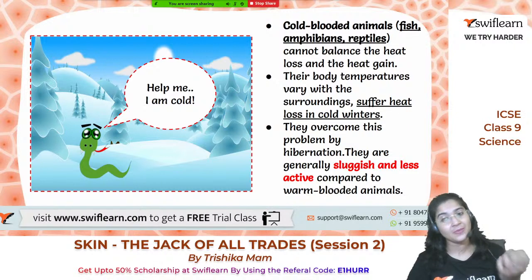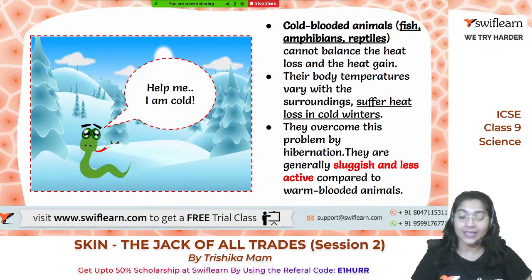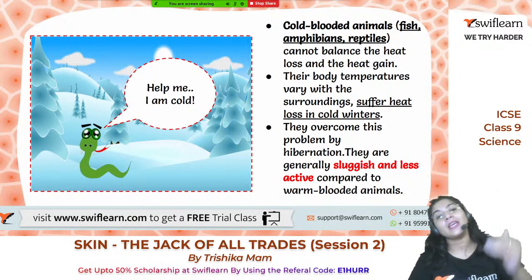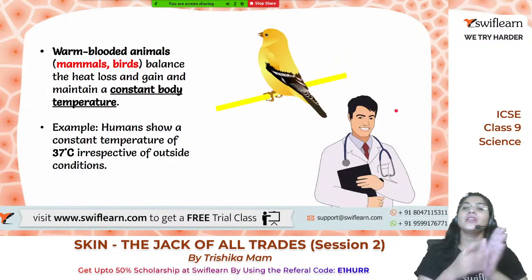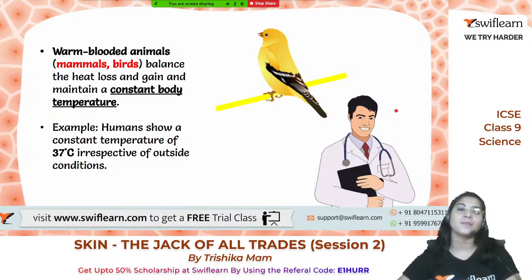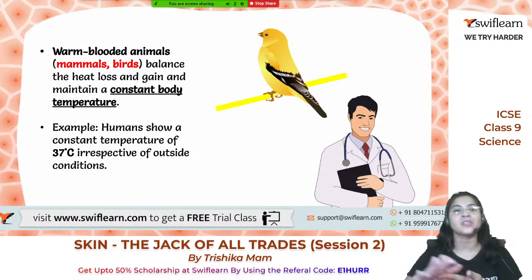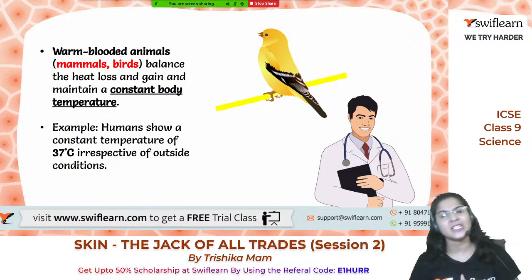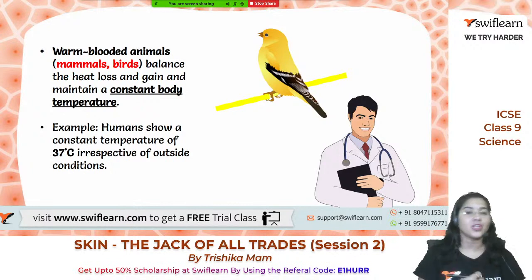Yes, hibernation का मतलब आपको पता है, right? Yes, all the physiological activities are totally stopped, right? So they become less active at that time, and definitely they are also less active than the warm-blooded animals. Now coming to the warm-blooded animals, all the birds and the mammals come under the warm-blooded animals. They have the capacity to maintain a constant body temperature. Heat loss takes place, heat gain takes place, and by doing this heat loss and heat gain, they can maintain a proper body temperature within the body.